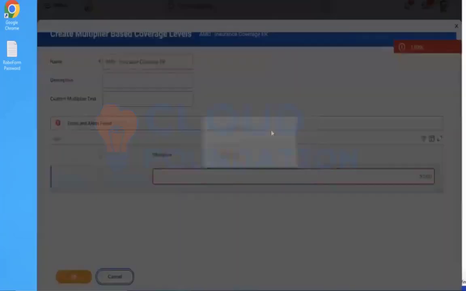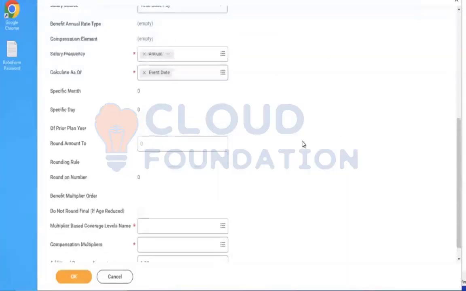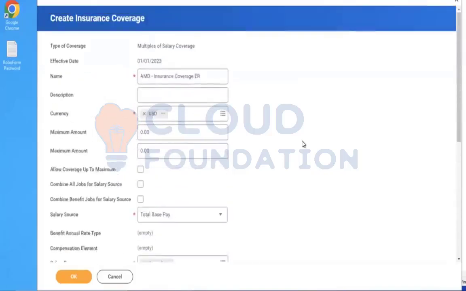No, we created it using amount based. Amount based, we already created. Yeah. Then